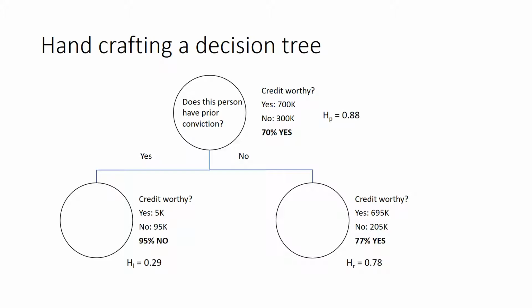Now, these are the entropy values. The parent entropy is 0.88. You can quickly validate that. The left child entropy is 0.29 and the right child entropy is 0.78. And as you can see in this particular case, the parent entropy is greater than both of them. It's greater than the entropy of the left child and it's greater than the entropy of the right child. So we now know that we can use entropy as some sort of measurement for deciding the quality of the decision tree. So we are going to talk about information gain,